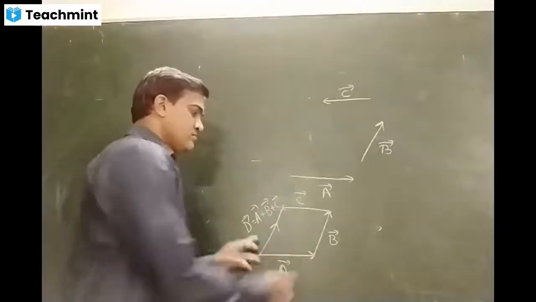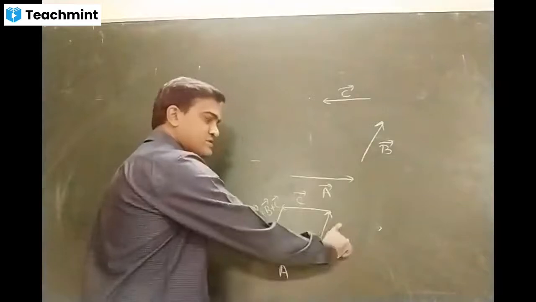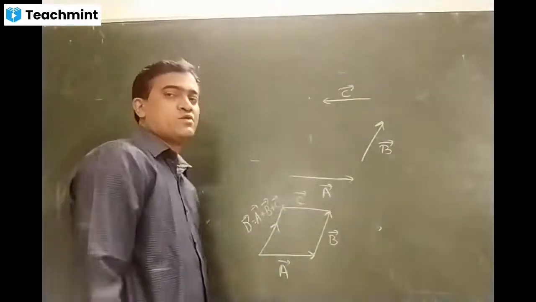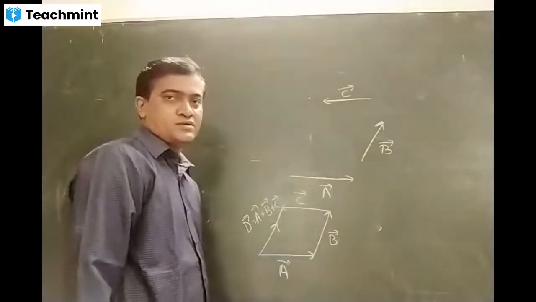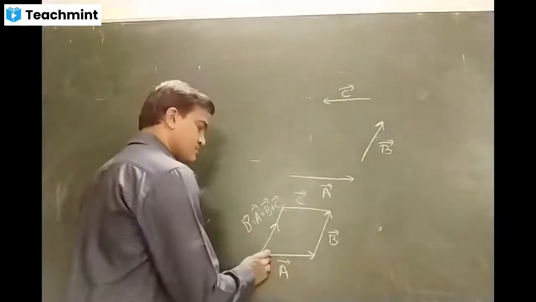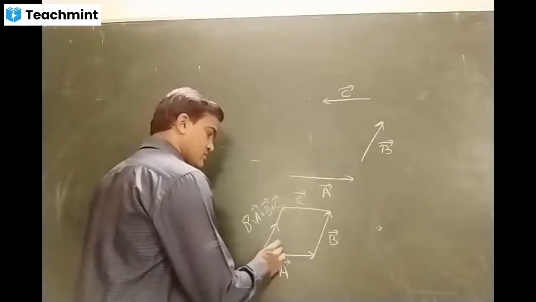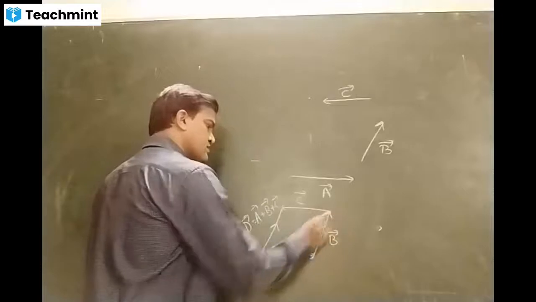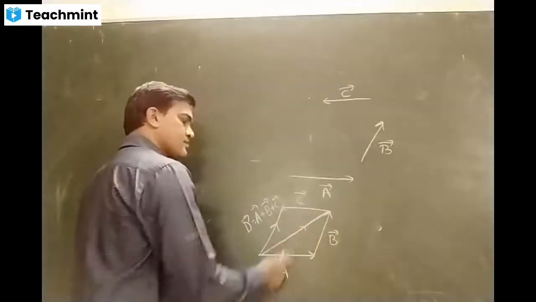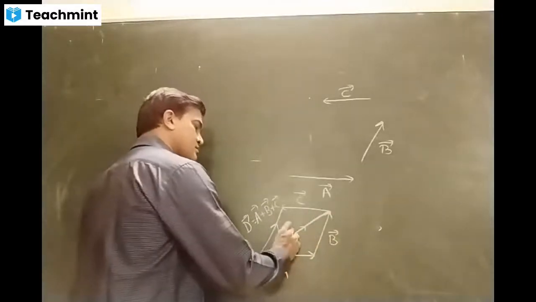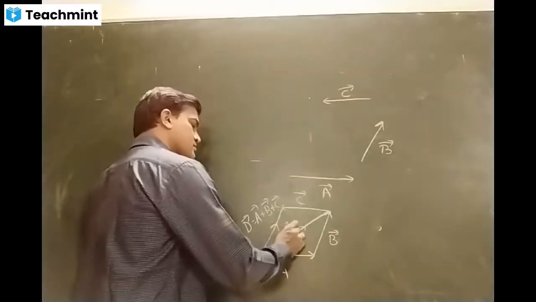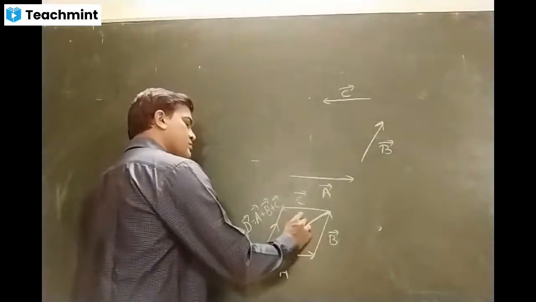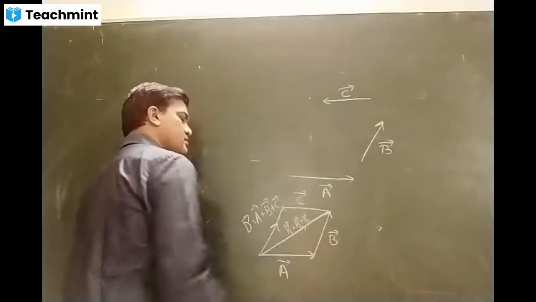This one, right? A bar is the first vector, B bar is the second vector. I want the resultant of these two only. I want the resultant of A bar and B bar. Sir, can we bring another vector, like P bar? Yes, you can write. What is this one now? Let me take this as R bar. It's the resultant of A bar and B bar. R bar is equal to A bar plus B bar.